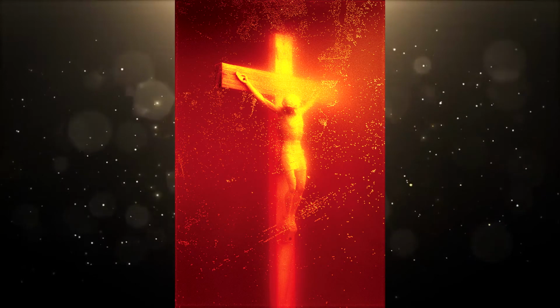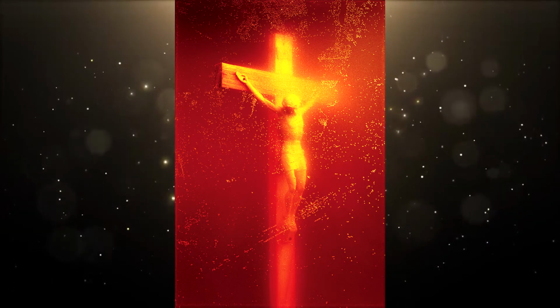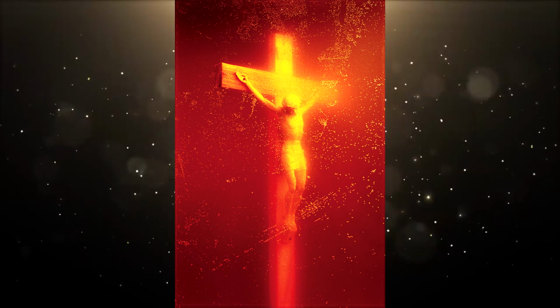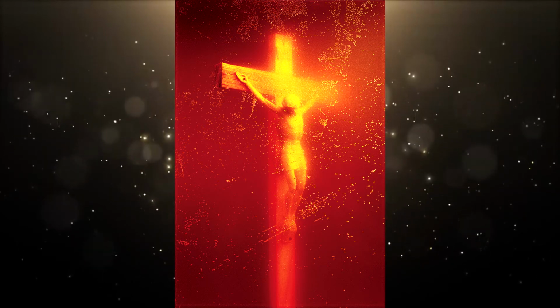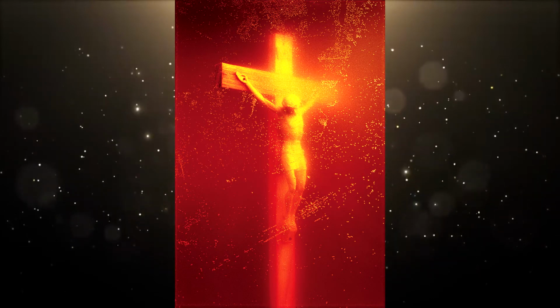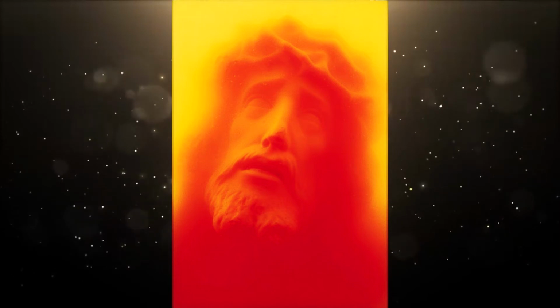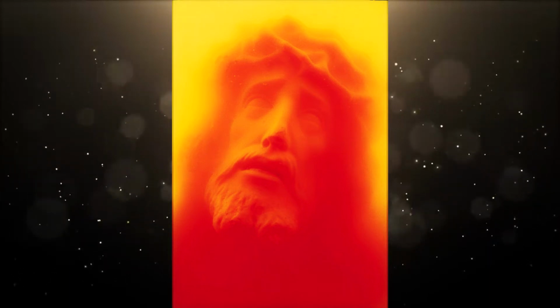Lars Ulrich and guitarist Kirk Hammett would push visual boundaries for the next album cover, working with controversial artist Andre Serrano. Serrano was a controversial artist, hated by many with conservative values, for featuring artwork such as the time he dunked a photograph of Jesus Christ on a crucifix in what can only be believed to be his own urine. The 1987 work was titled Immersion, and 30 years later still enrages many who see it,